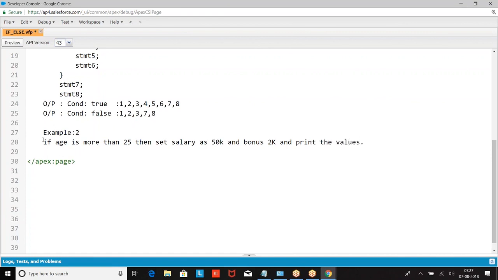Write the condition here. Write the logic.